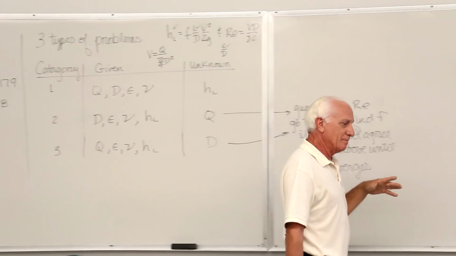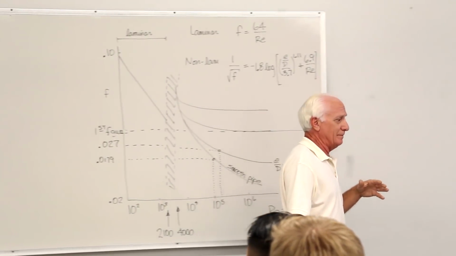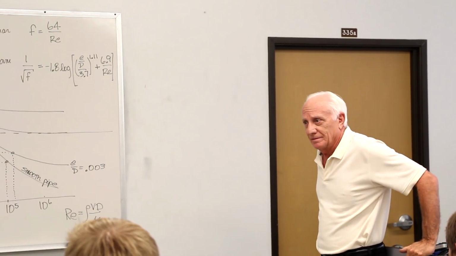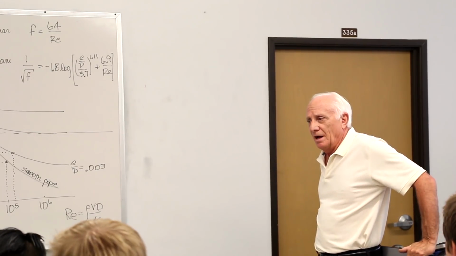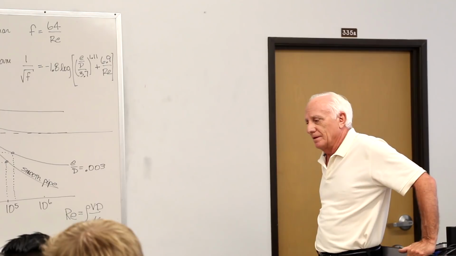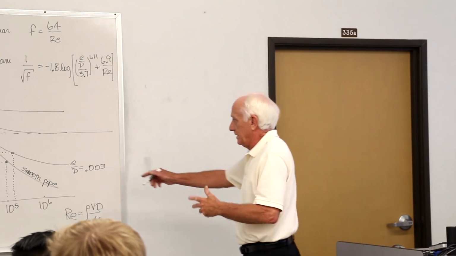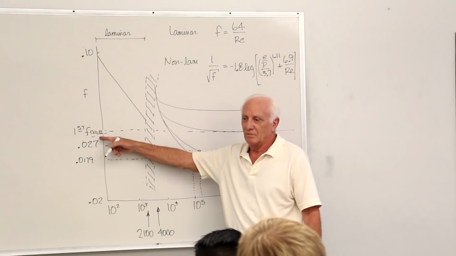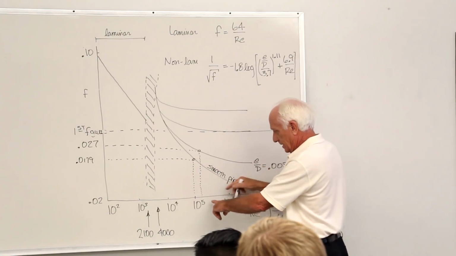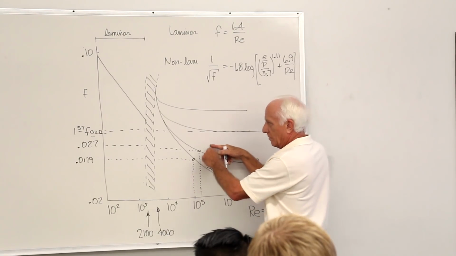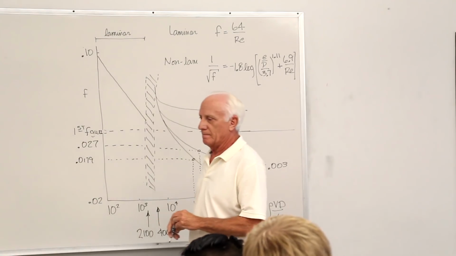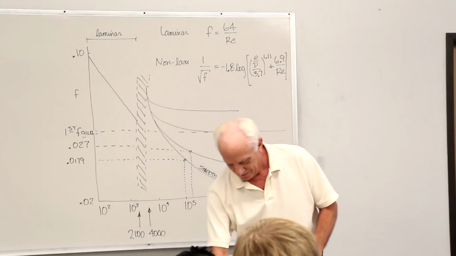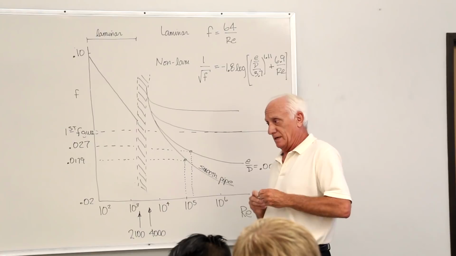What are you going to guess for a pipe? What are the possible diameters? I don't know, maybe 1/8 of an inch to 36 feet? Wow, that's a wild guess. You'd be converging for hours. No, it's easier to guess F on the Moody chart. Just pick a middle value. I don't know what D is, I don't know what the Reynolds number is. What's my first guess? I don't know, .030. Fine. Once I guess that, I can come back to the Moody chart, get a Reynolds number, get an E over D, come up here, go over there, get an F, and check it against my F guess here. So that's a little more difficult iterative process, but one that occurs in the real world. How big a pipe should I specify for that job?